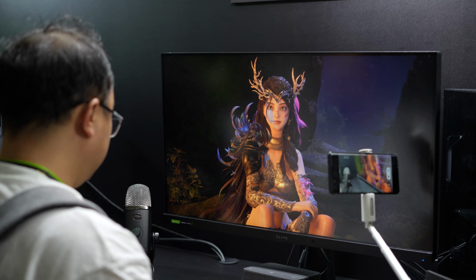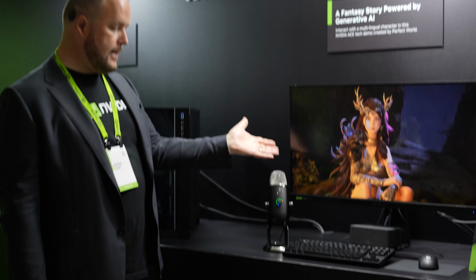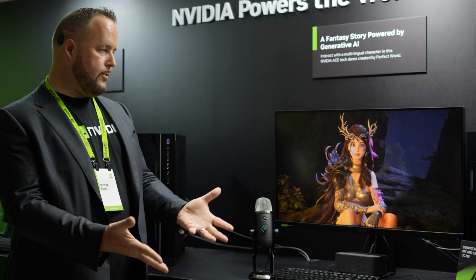This model that we're using here is bilingual. So she speaks both English and Mandarin Chinese. If you want to say something in Mandarin to her, then she will respond, and she can even mix